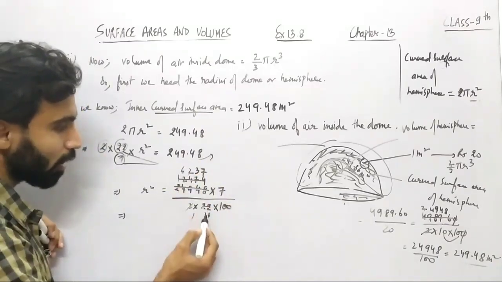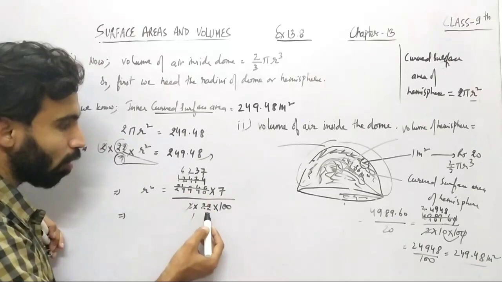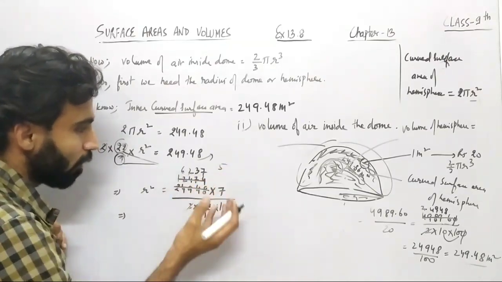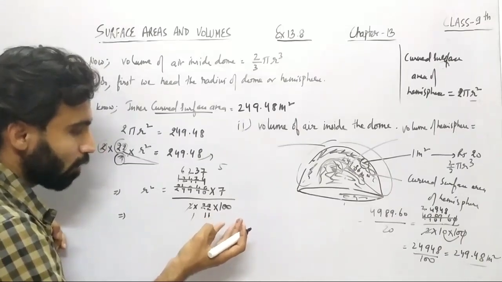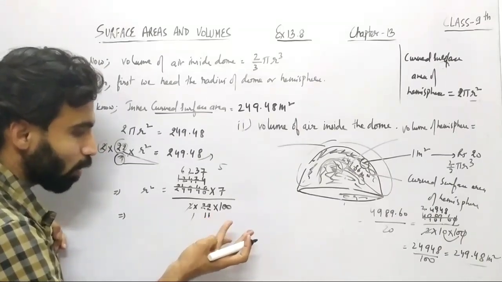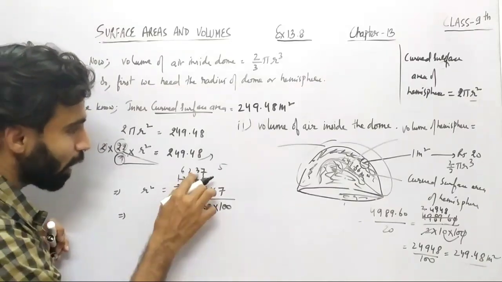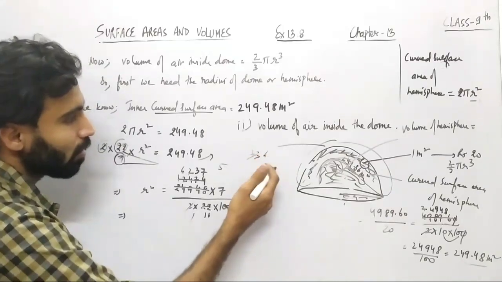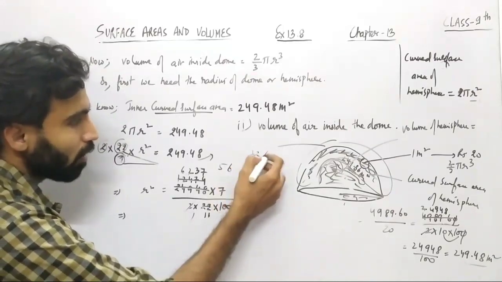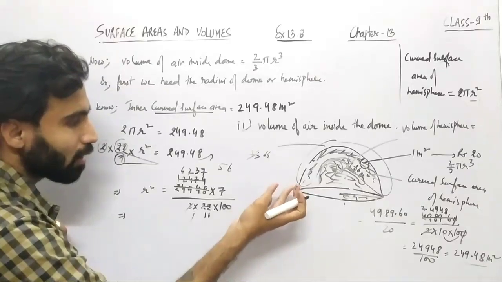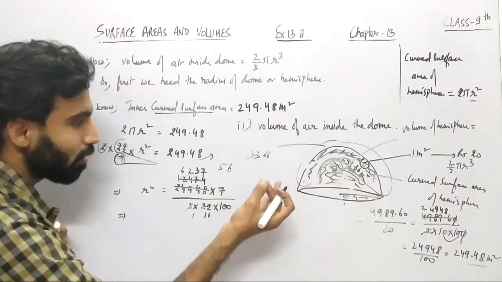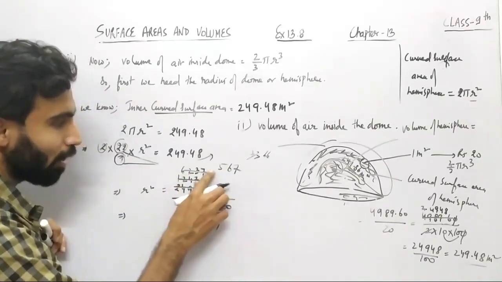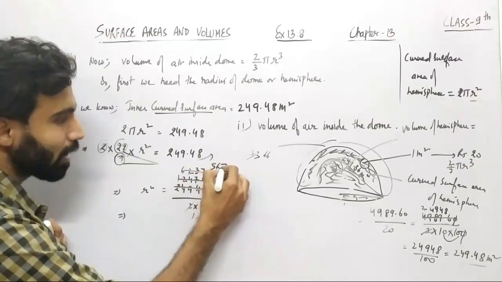Now let me just check whether it reduces at the table of 7 or not, right? So you can see 11 5s are 55, then 56, 57, 58, 59, 60, 61, 62, right? So 7 remaining, that will make 73. Then you can see 11 6s are 66. So what will be remaining here? You can see 67, 68, 69, 70, 71, 72, 73. Again 7 remaining, so 11 7s are 77, right? So you can see at the table of 11 it is reducing to 567, right?